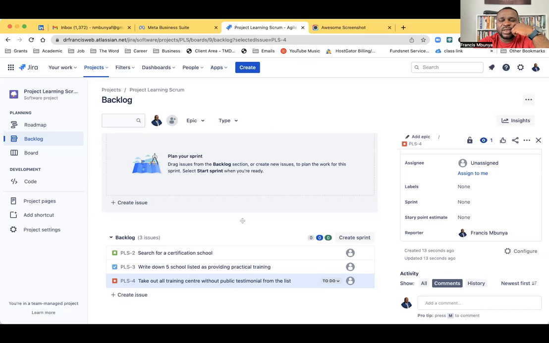Now, let me take you to a Jira environment. This is a more complex setting, right? I show you there because that's where you need to practice. You need to practice how to do this. Don't wait until the day you have a job and then you say, oh, now I need to practice. Get your own board and just create your own stories. It doesn't have to be complicated; just create a project, learn Scrum, something that you can easily figure out. Remember, the most important thing for you is to understand why we need to create